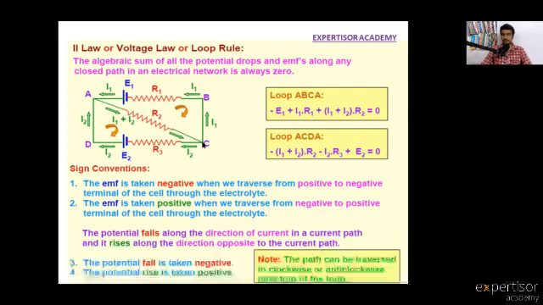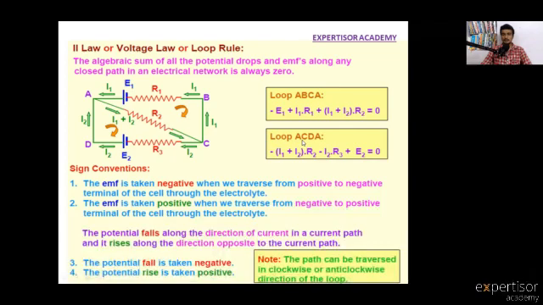Next, B to C. There are no materials here. C to A: here one resistor is there. Here the current is I1 plus I2, which is also opposite to our direction. So the current into the resistor, I1 plus I2 into R2, is positive, and the sum is equal to 0.